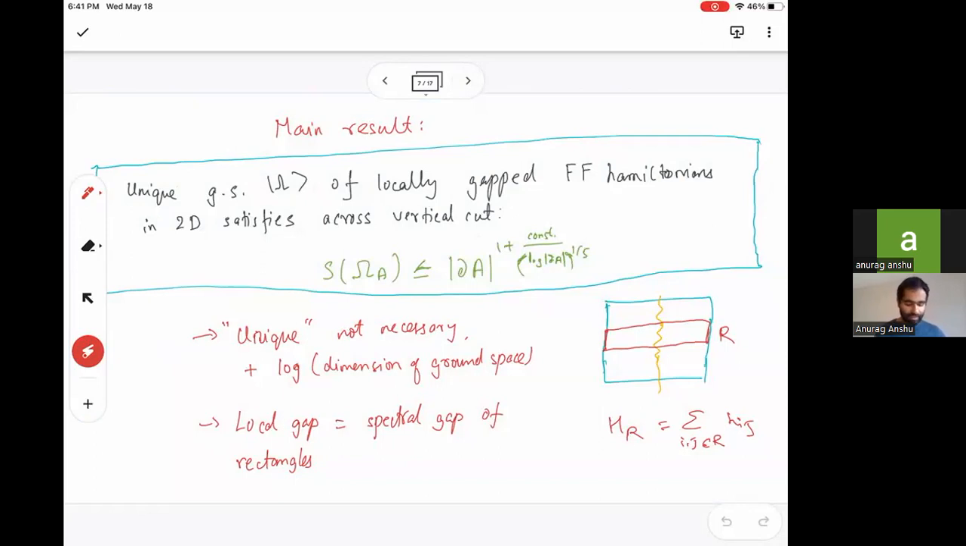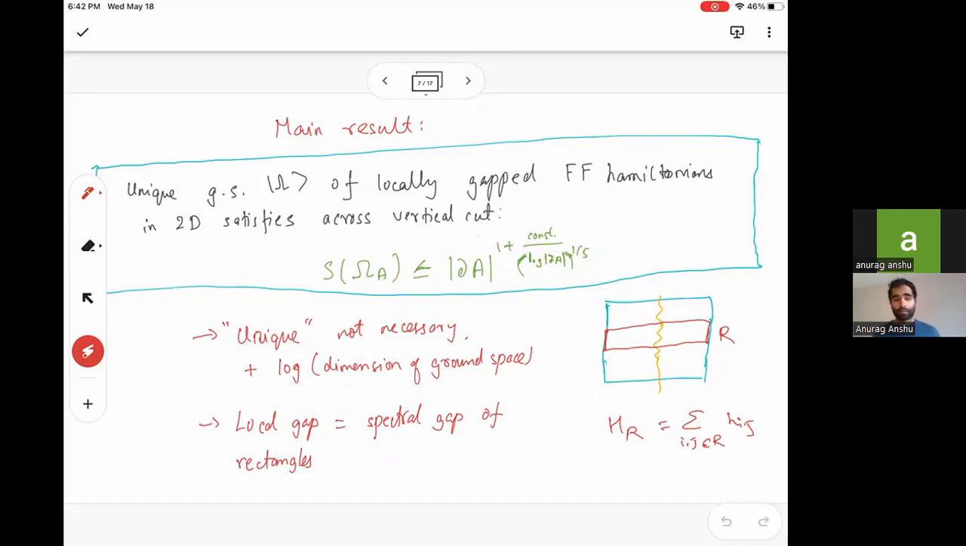But the main result is that the unique ground states of locally gapped frustration-free Hamiltonians in 2 dimensions satisfy an area law across what I've been calling a vertical cut. That means the entropy scales as the boundary times 1 plus something that goes to 0. So this expression over here is 1 asymptotically instead of 2. That's for the volume. Now, uniqueness is not necessary. And in fact, you can always pay the price of log the dimension of the ground space if you want to prove a similar result